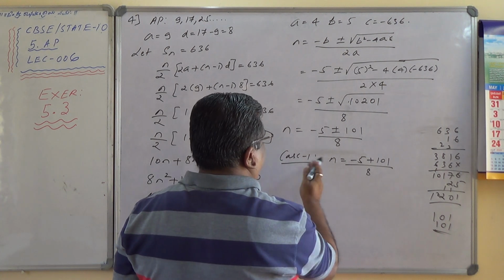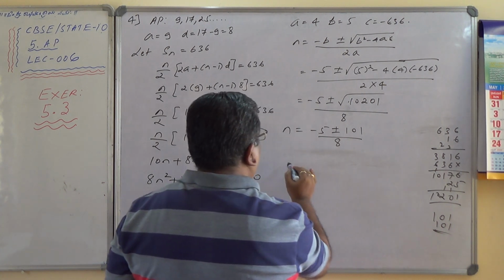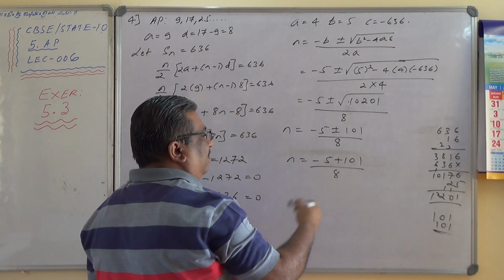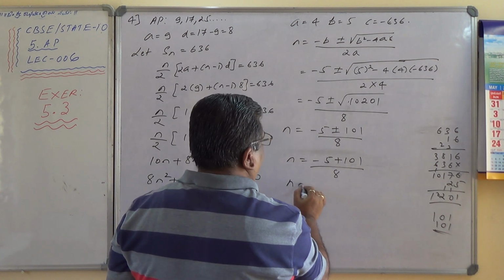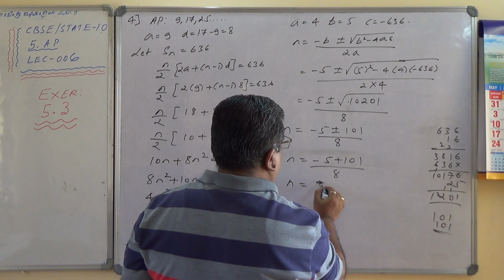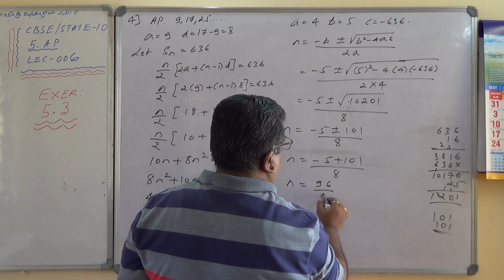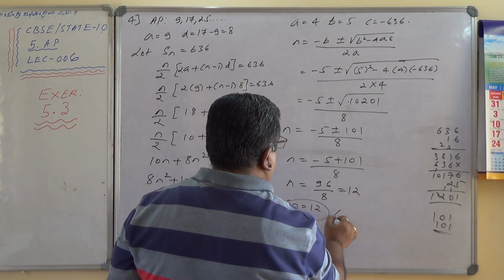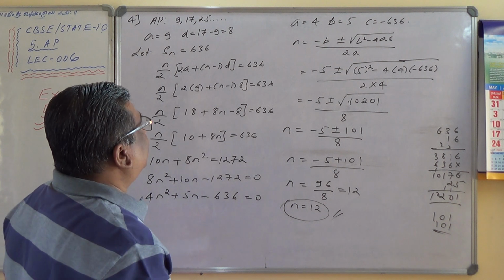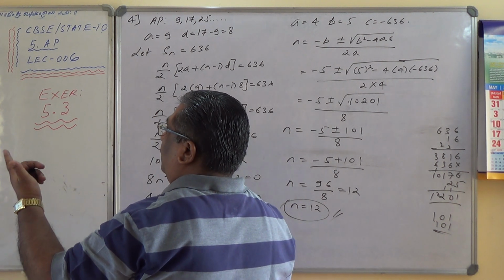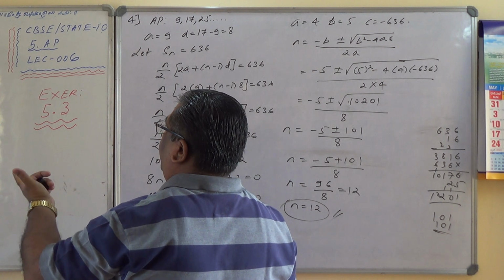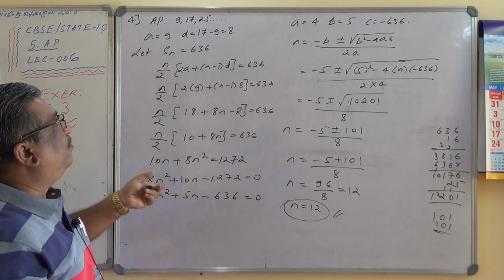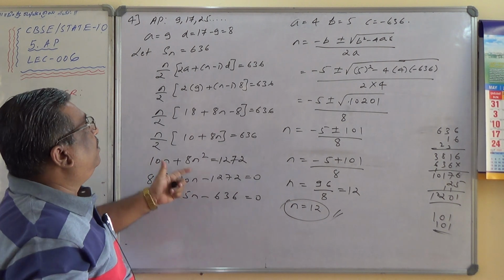So I can write case 1, or directly I can write plus 101 by 8, because negative can be discarded, you can write a small description. So n equals 96 divided by 8, n equals 12 here. The question was how many terms of the AP must be taken to give a sum of 636? 12 terms of the given AP should be taken to give a sum of